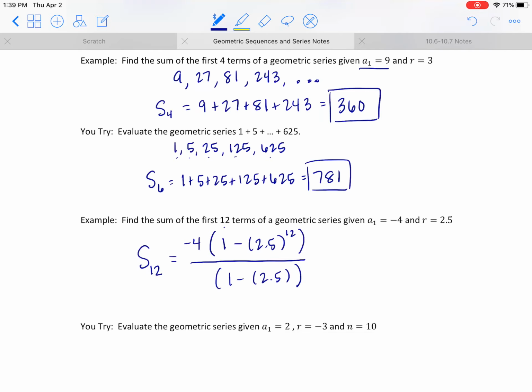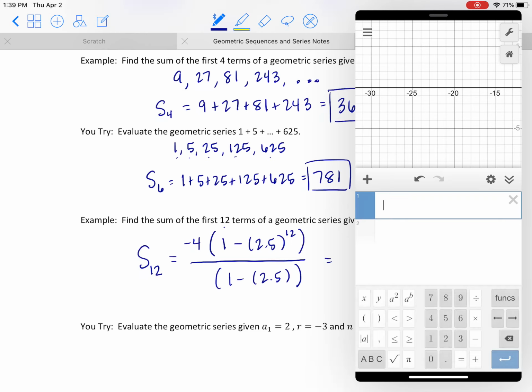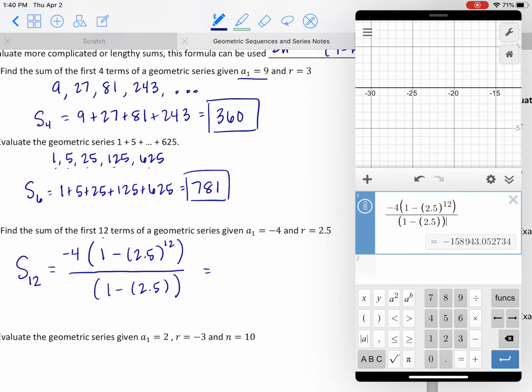Notice I plugged in the common ratio with parentheses. Not so important when it's a positive common ratio, but definitely important when it's negative. But rather than having to differentiate when to do it and when not, it's always a good idea to use parentheses when you plug things in. Okay, so this is just going to go into the calculator now. I'm going to hit my divide to make a fraction first. On the top, I've got -4, parentheses, 1 minus another parenthesis, 2.5, close that, raise it to the 12th power, and then close the big parentheses. There's the top. On the bottom, 1 minus 2.5,